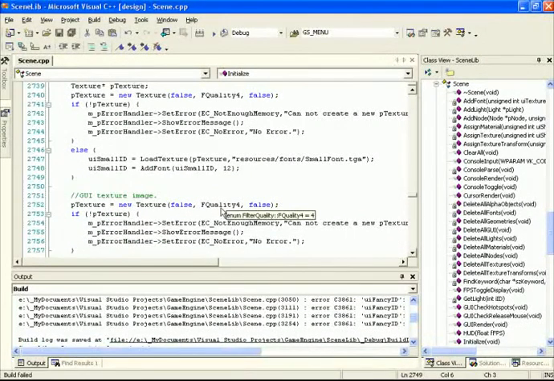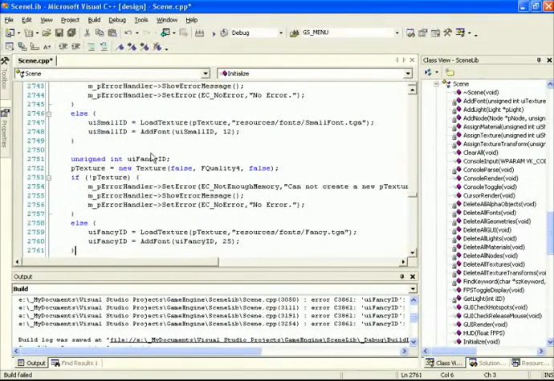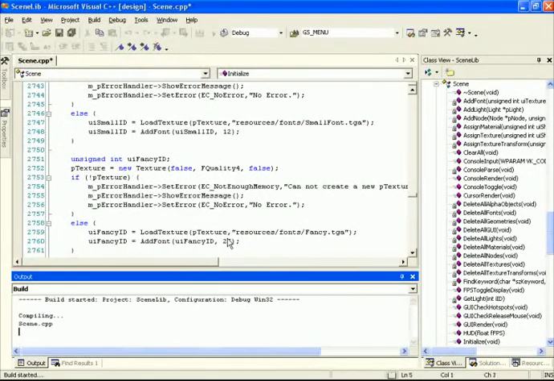Okay, so we have our text here, which is called UI small ID, and let's add in here UI fancy ID. And it's going to load in our font image from fancy.tga, which I've placed inside of the resources fonts directory. Okay, let's try and compile this now. Okay, let's build it and run it and make sure that all of our controls are showing